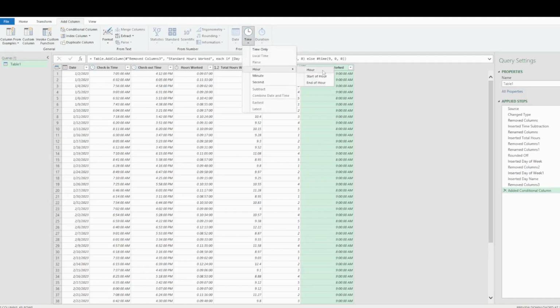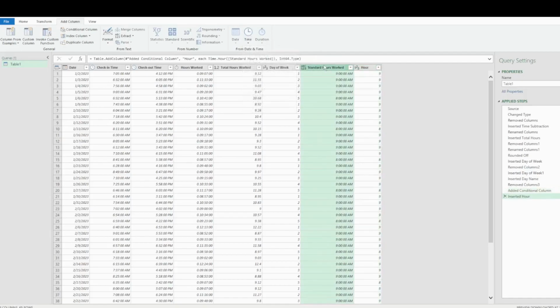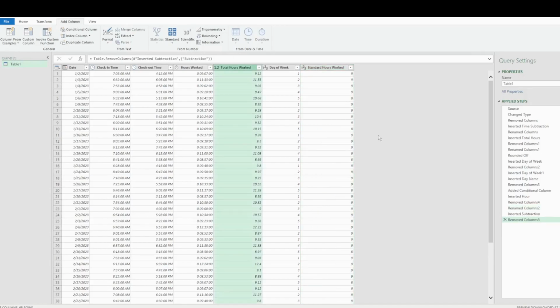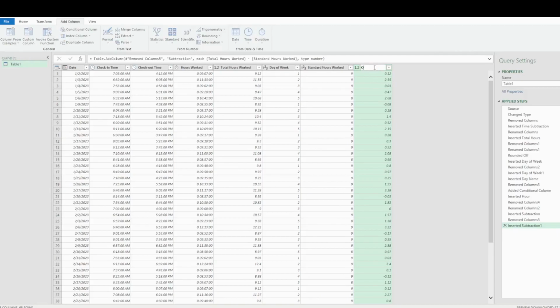Here we have hours. And if we subtract these columns, we can have overtime.